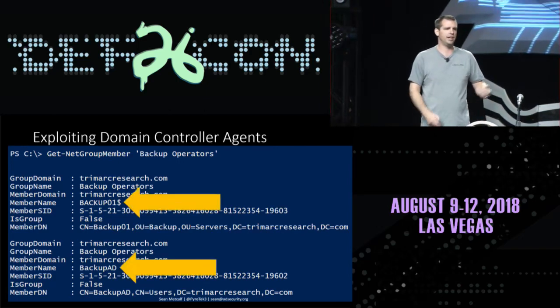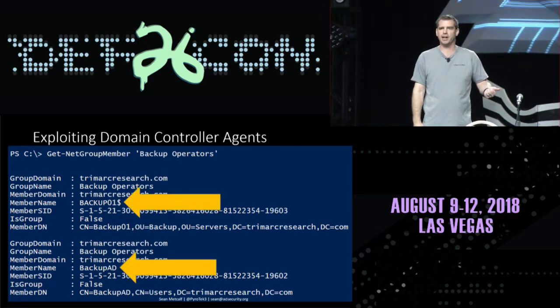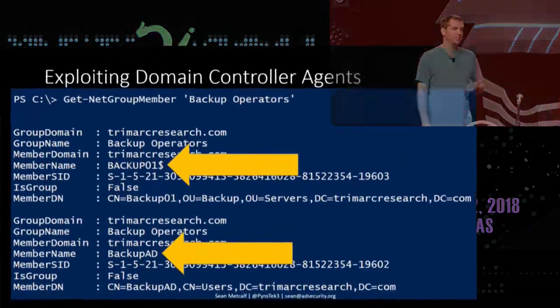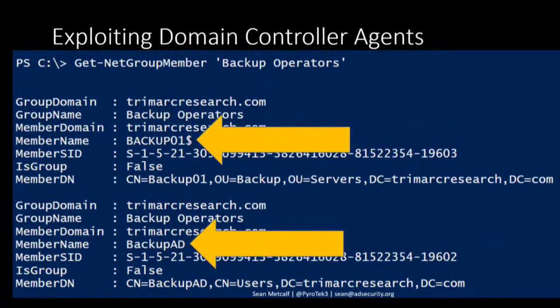So here we have a backup computer account in Backup Operators, which doesn't make sense to me. But there's also a backup AD service account, which is pretty interesting. And sometimes these backup accounts are members of the administrators group for the domain because they do a lot of interesting things like per attribute recovery. And so if we look at this backup server account at the top, this computer account, it's in the Servers OU and a sub-OU of that called Backup.